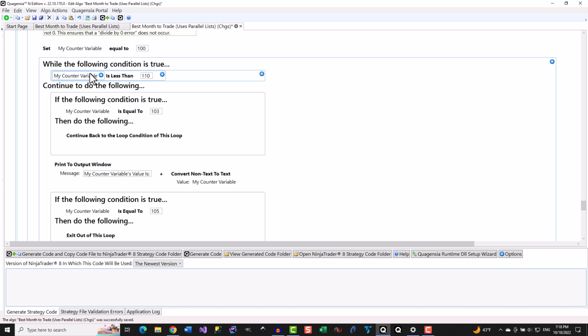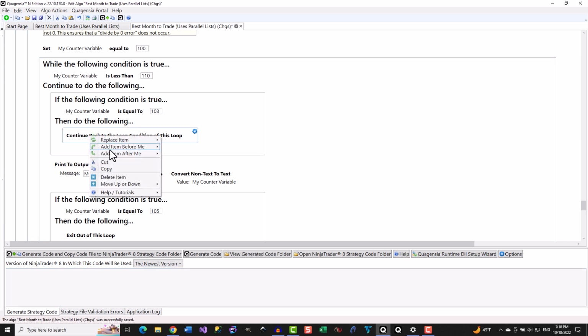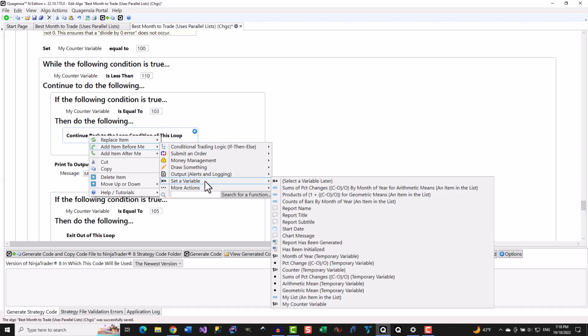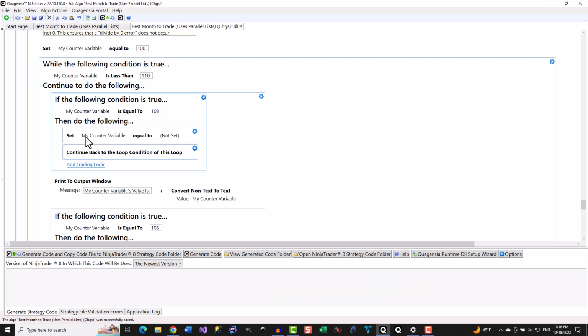Let's add a statement before the Continue Back to the Loop Condition of This Loop action that adds 1 to the counter variable to fix this infinite loop bug.